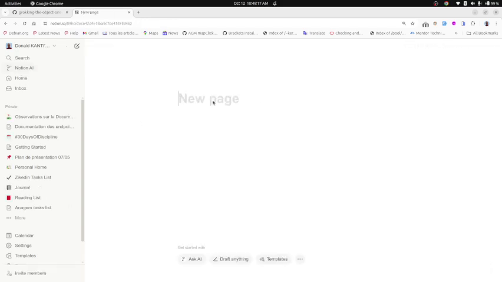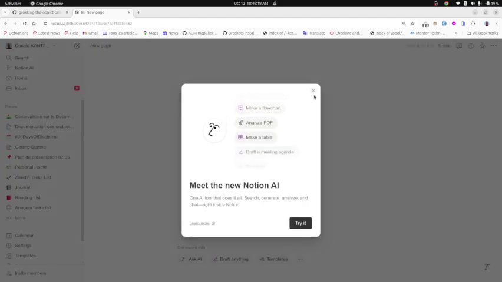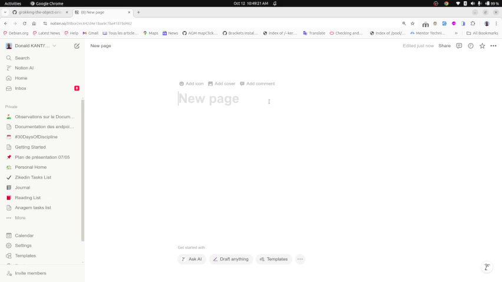Okay, so I've decided to use a stack that is composed of PocketBase in the backend,